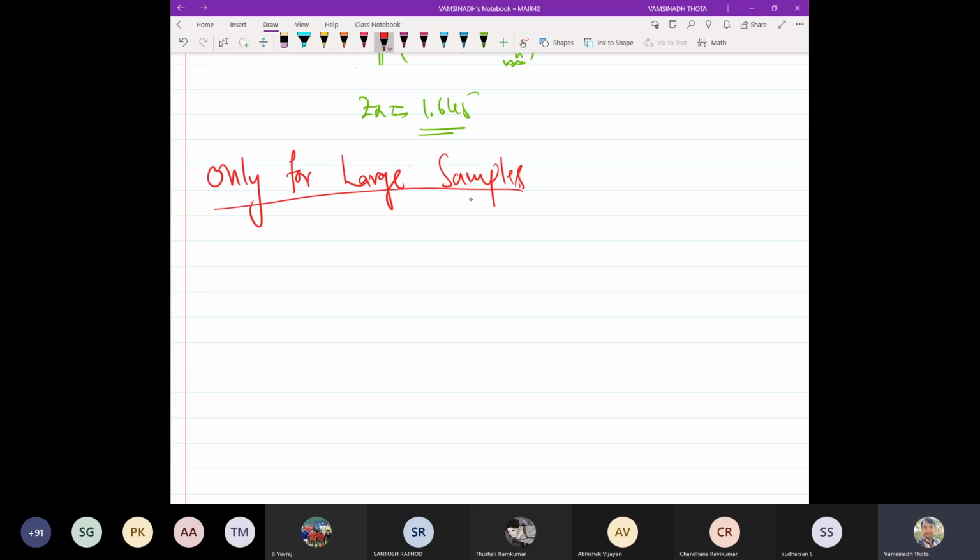Why? Because if the same problem is done with small samples, there is a difference in the standard error. You have to understand that. It is not the same for all samples. For large samples we have a certain kind of formulation, and for small samples we have another kind of formulation. We should understand the difference. So the very first thing,